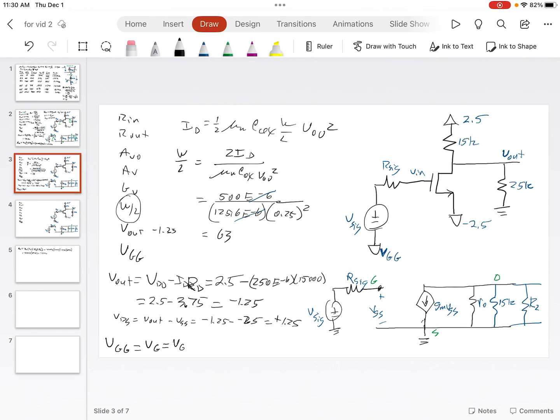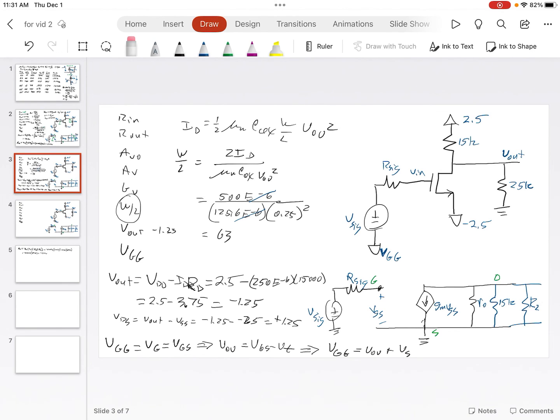So this would also be VGS, and we know that V overdrive is equal to VGS minus VT. So then we have VGG, or VG. VGG should be V overdrive plus